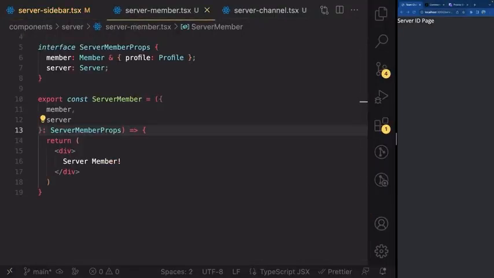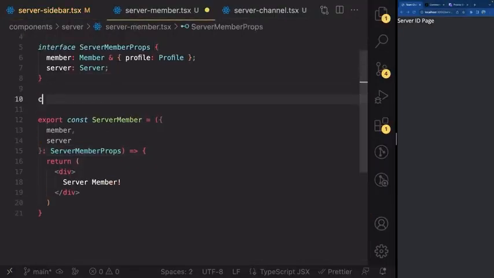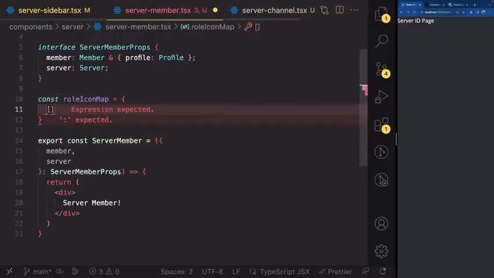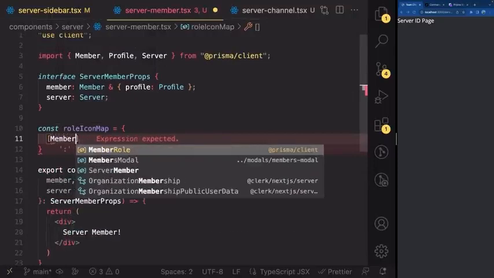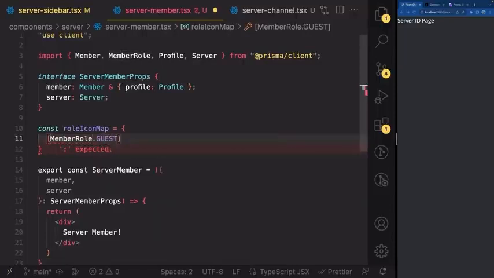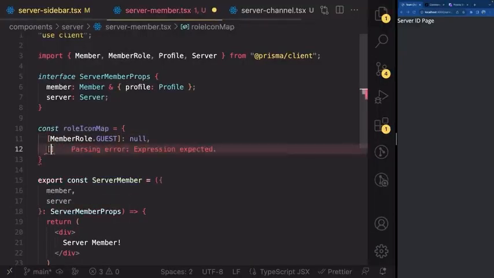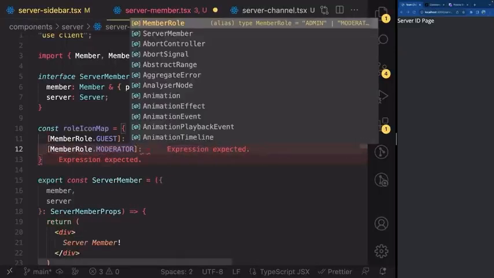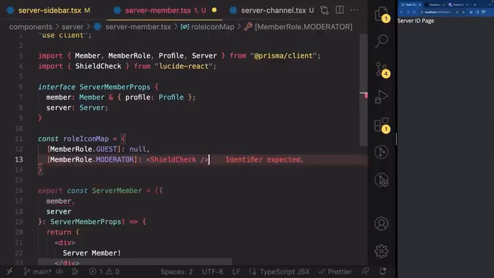The first thing, I want to create a role icon map here. So const roleIconMap is going to be an object, which is going to use the MemberRole. So import MemberRole from Prisma client like I did right here. If member role is guest, there's going to be no icon next to its name. If member role is moderator, in that case, it's going to be a ShieldCheck from lucide-react. So make sure you have that imported, and it's going to have a className of h-4 w-4 ml-2, and